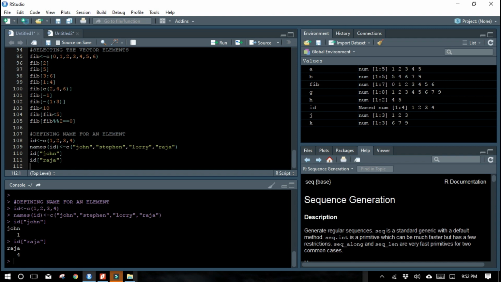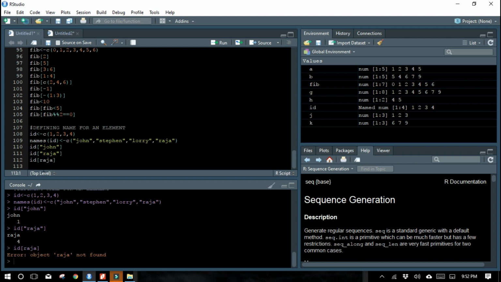If you forget to give this as a string, then you will get an error. See, object Raja not found, because these are defined in double quotes in the vector. The same way you have to give it. So this is how you can derive a name for an element.